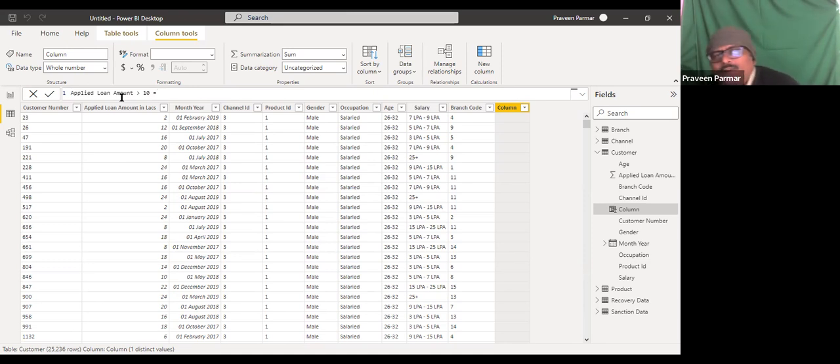What I want is a logical response, yes or no. If the applied loan amount is greater than 10 lakhs, it would be yes. If it is less than or equal to 10 lakhs, it would be no. So for this type of logical, conditional formatting, what clause do you use?